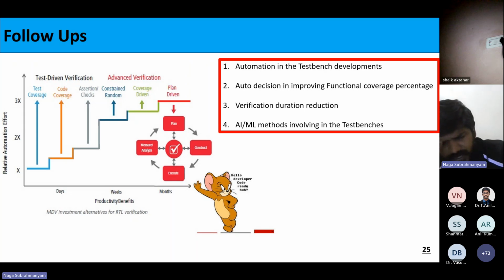Suppose there is a mux, a 2x1 mux, let's say. It has one selection line, two inputs and one output. Every time you randomize the data and it comes to the design, the selection line is always 0. Whatever data I put into the design from my verification environment, it is always 0. It means one of the conditions of that mux is not verified. So what is the coverage percentage of the mux?